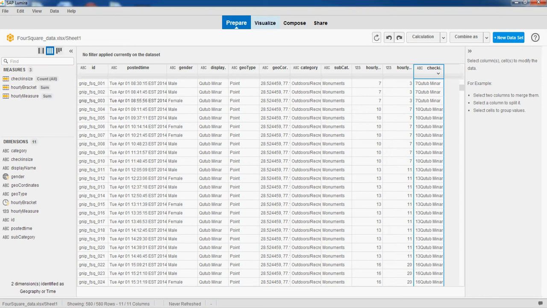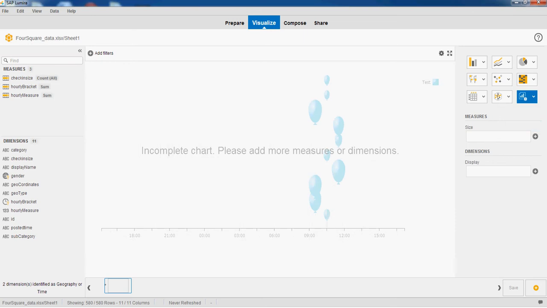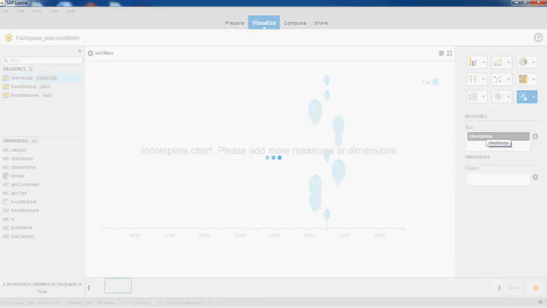So we go into the visualize tab, and I select the custom which we have prepared, which is the balloon chart. It requires four inputs. First is the size, which we'll assign to the newly created variable.